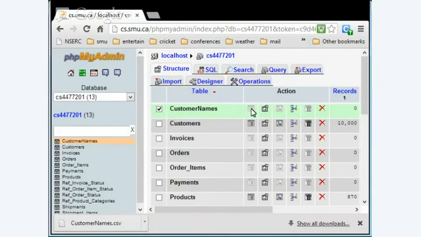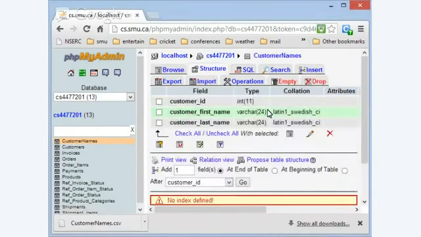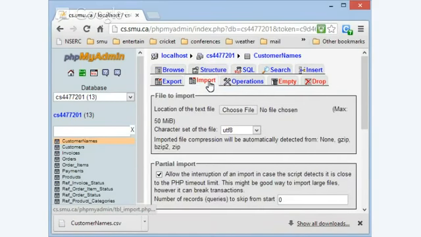I'll just go. Since there was nothing in there, it wouldn't let me browse. So I'm just going to go and look at the structure. It has 3 different parameters, and now if I wanted to import some information back in here, I can just use the old file that I did create. So I'm going to choose the file